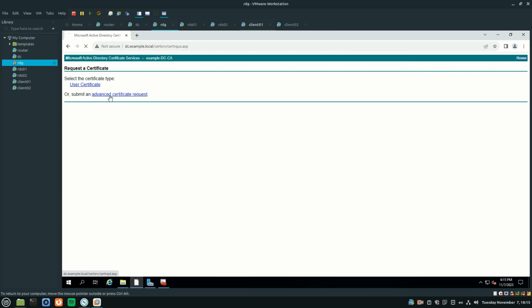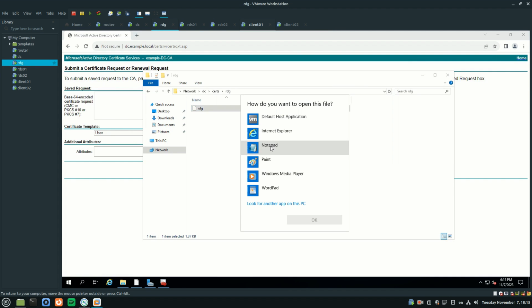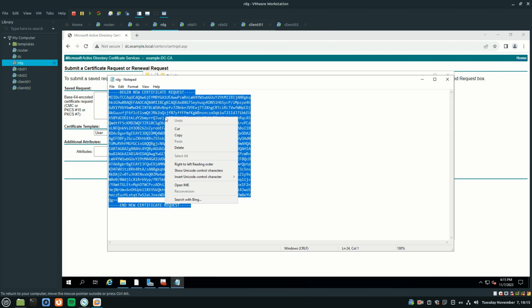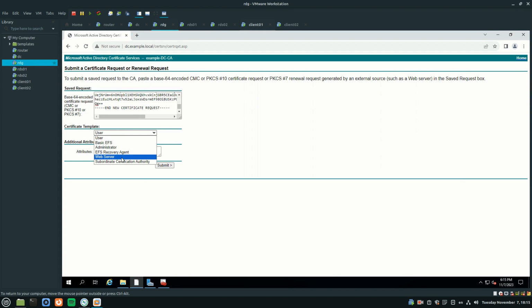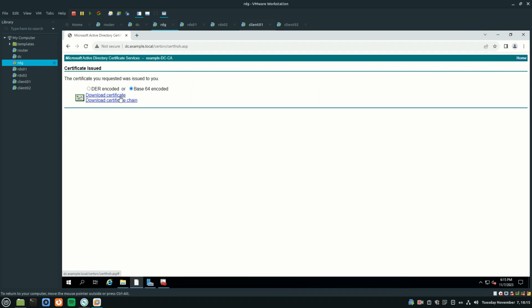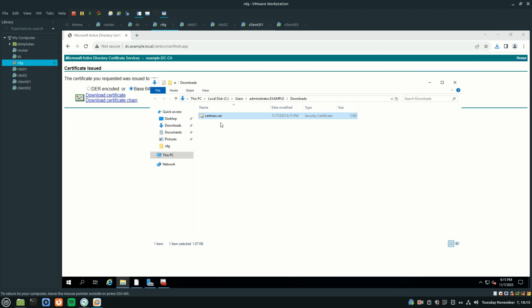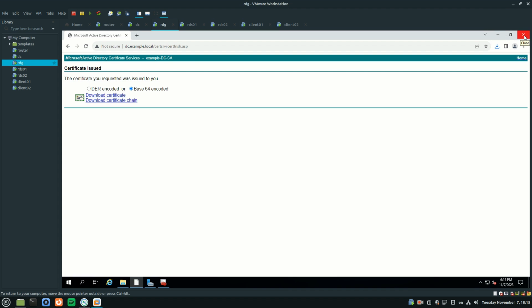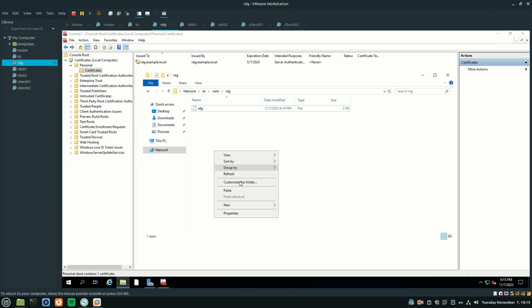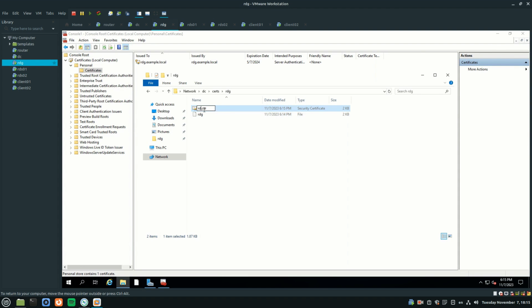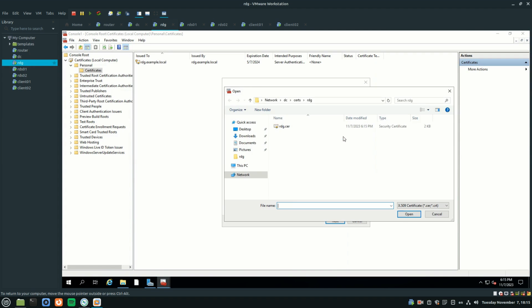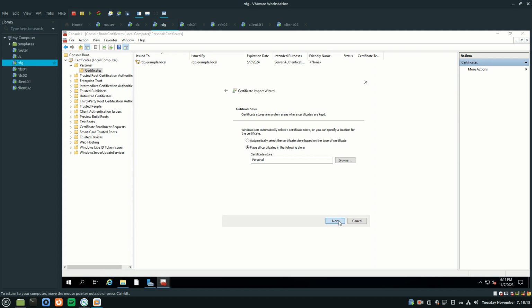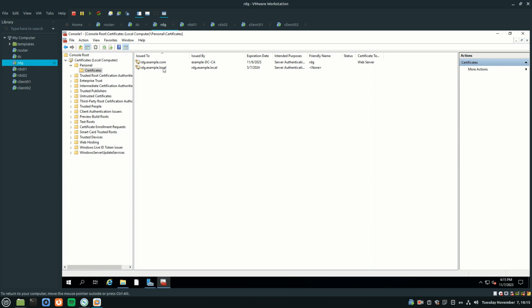Request a certificate, advanced certification request, copy the contents of the request file, certificate template, web server, download certificate, import the certificate, and export the certificate.